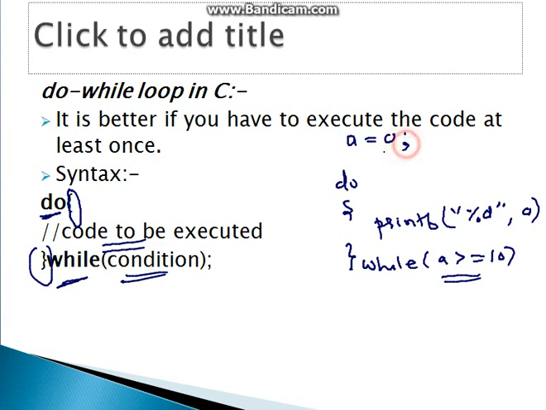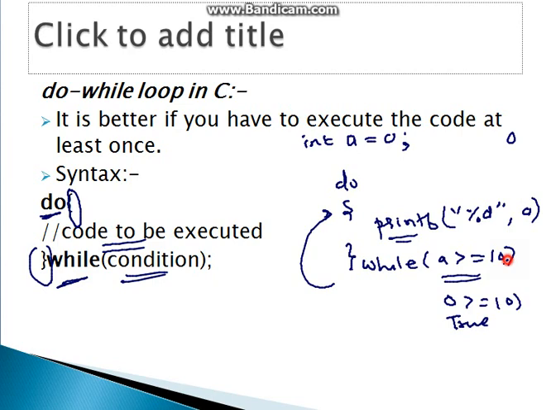For example, if we have set the value in the beginning of the program, that is integer a is equal to 0. Now a has got the value 0. The program will start do, and it is going to printf percent %d. First time it will print 0, second time it will apply the condition 0 is greater than equal to 10. Yeah, the condition is true. Again it will go back. Next time it will come,